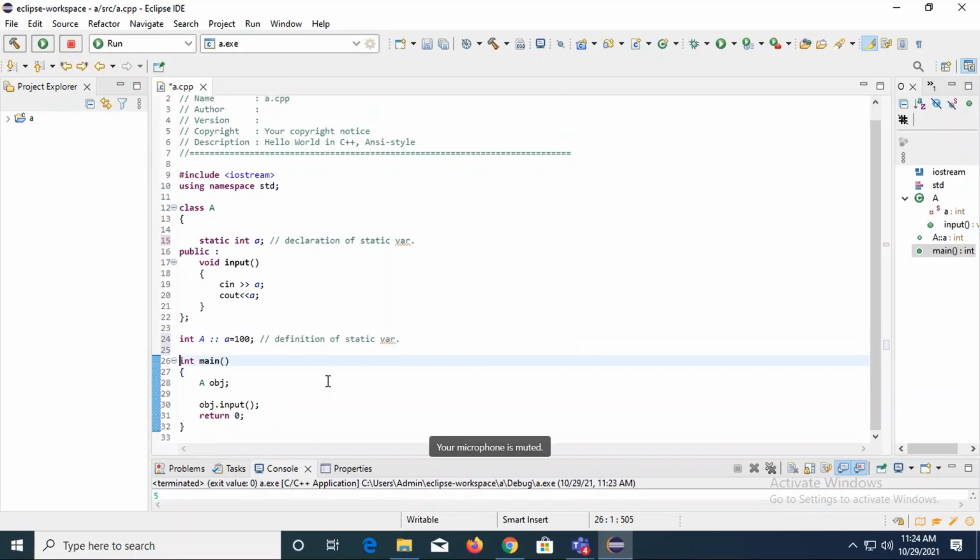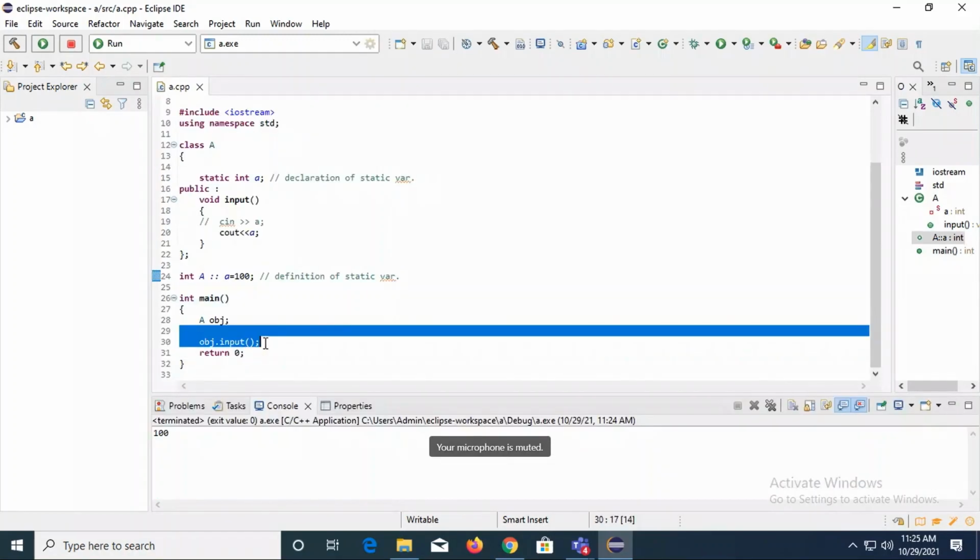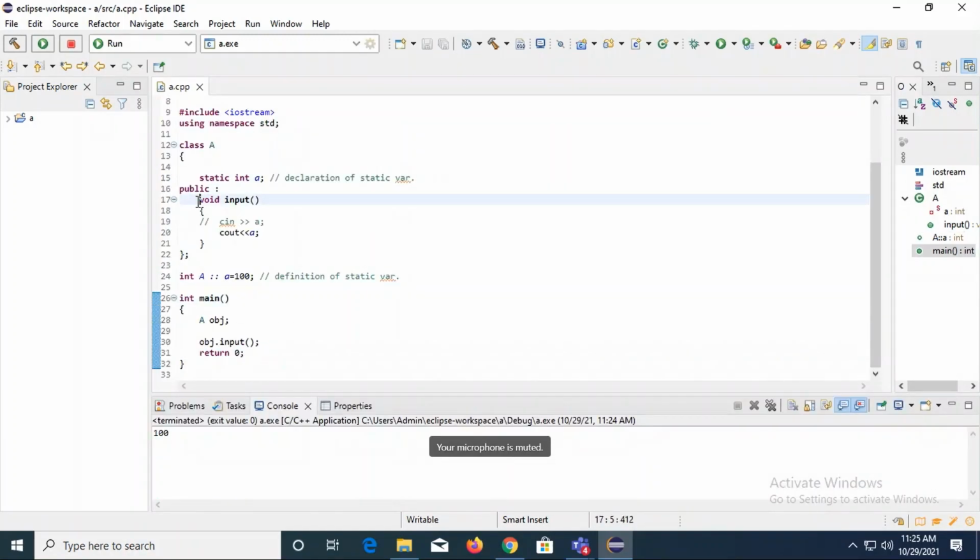See, this value is printed here. You can see static I did. I had initialized it here, and with the help of this input, I'm just accessing that value. Accessing in the sense I'm just printing it out. So it is giving me the result as 100. This code is visible, all of you? Yes. Is it visible? Okay.